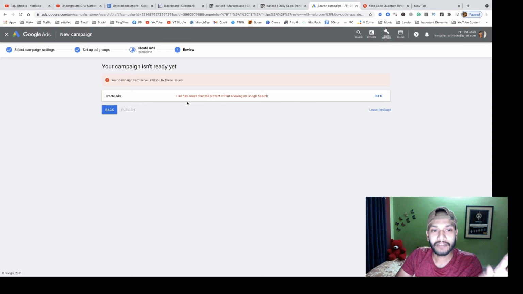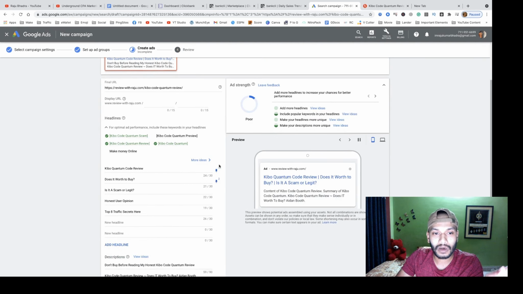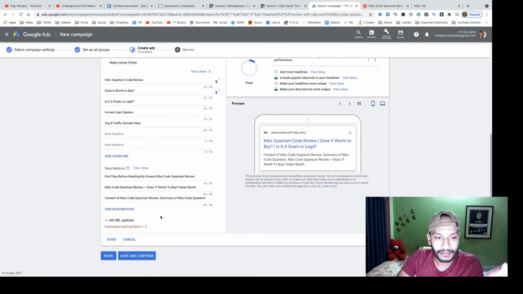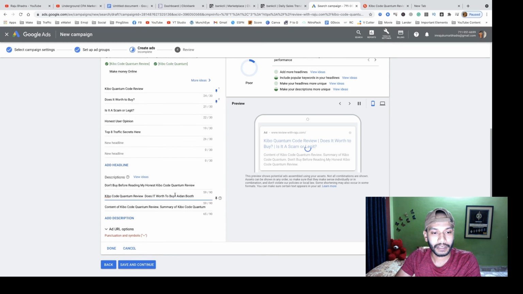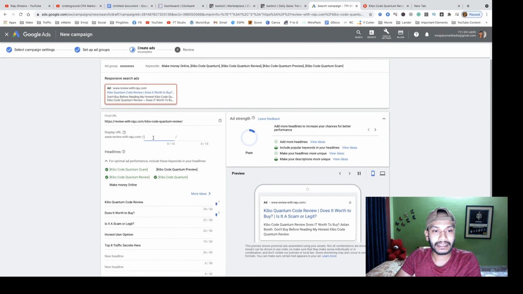If you face it, this ad has issues that prevent it from showing. Just click fix the issue and it indicates what the issue is. You don't have to use this symbol, that's the issue and you have to remove it.